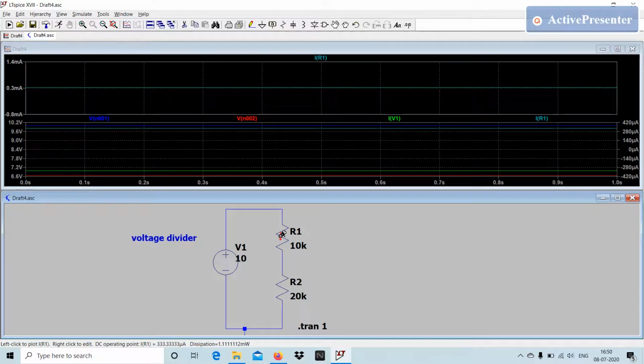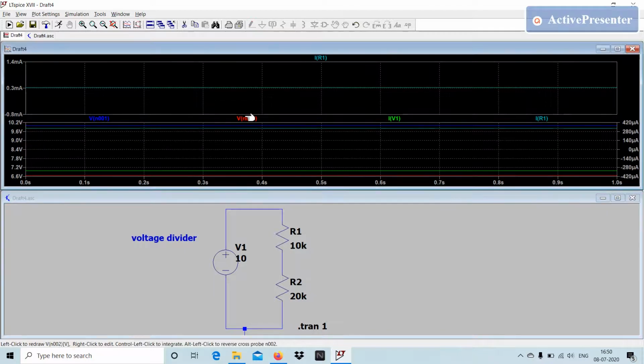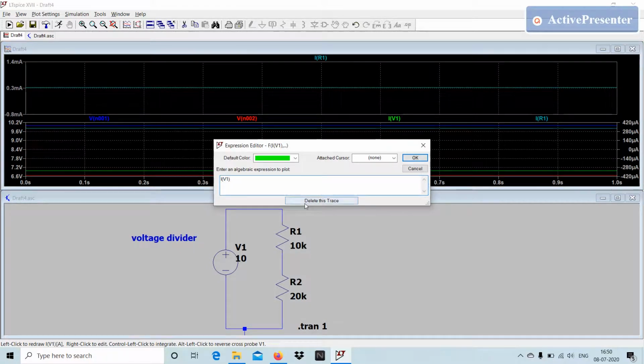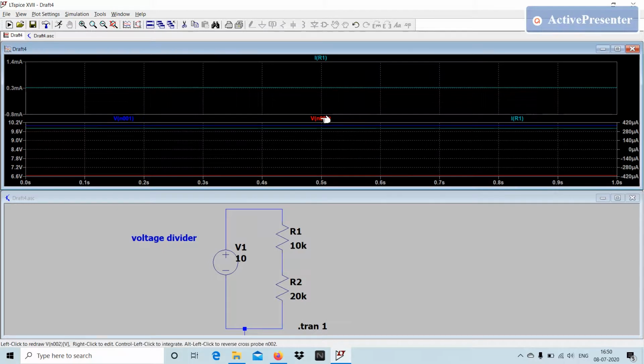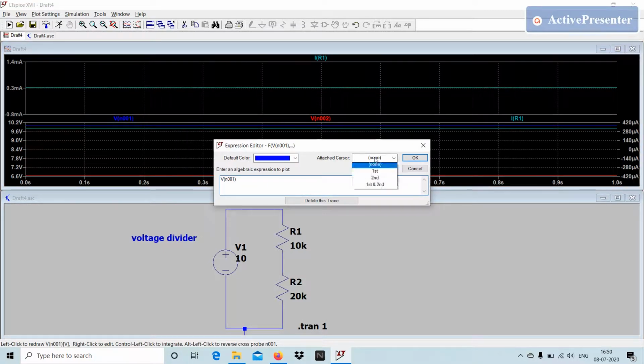So I want to see the current waveform over here. So here I'm getting 0.3 milliamps. If you don't want to see any value, click on the label, right click and delete this trace. Now I want to see only the output.